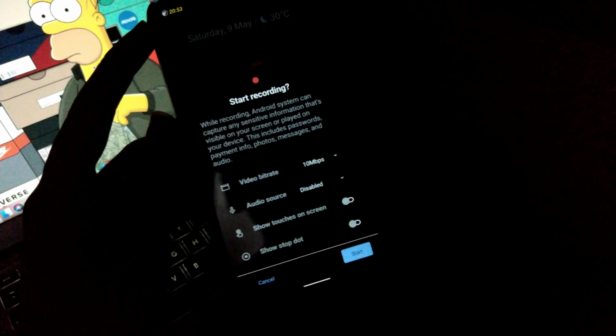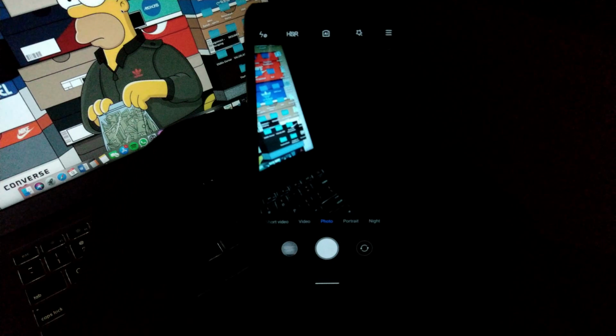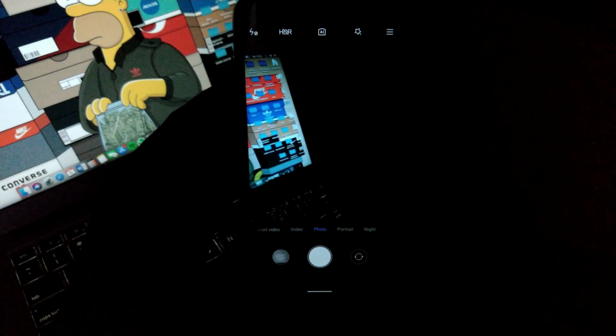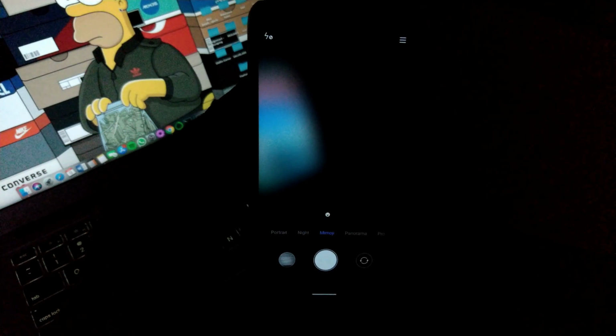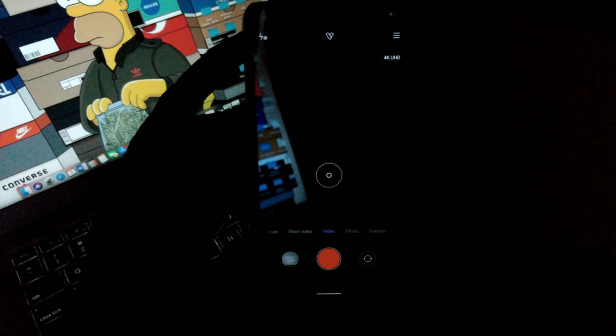So talking about the camera, yes, this ROM comes with the ANX camera mod, which is actually the MIUI camera you get in the MIUI ROM or MIUI mod. So this camera works perfectly fine. Also, you know that Poco X2 has a new vlog mode of video recording. So yes, you also get that vlog mode in this ROM. It means that this camera is completely updated to the latest version, and yes, you can use this latest ANX camera mod, or you can also say MIUI camera, in this ROM. It works pretty dope. All types of video settings and video resolutions are working perfectly fine without any issues.